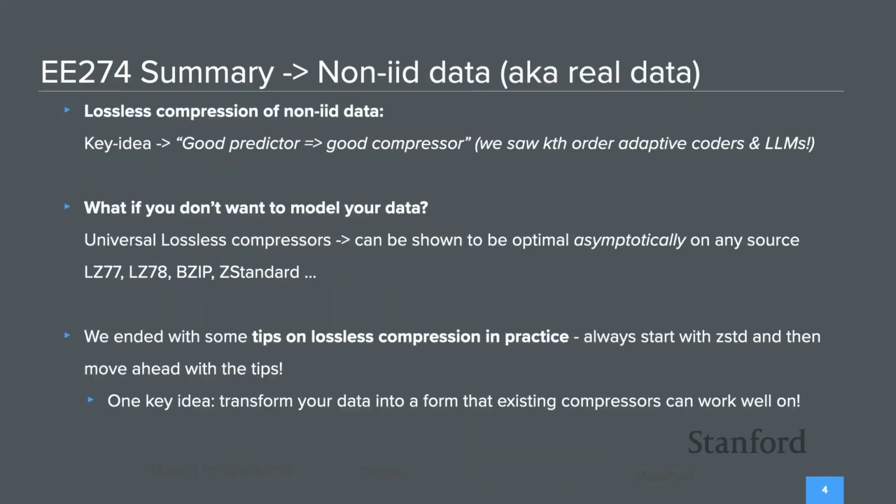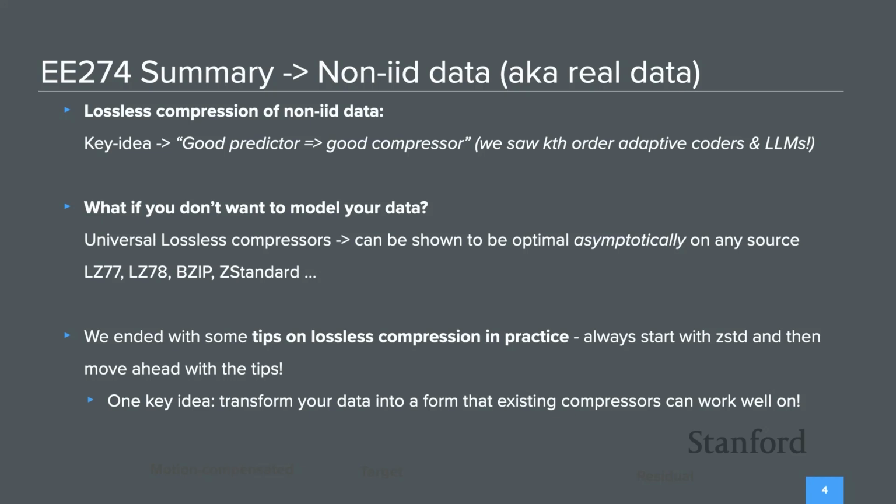and the last thing we saw in the first half, the last 3 lectures basically, was non-IID data, or what we call real data, right? One key idea we learned was, we looked at entropy rate, we looked at conditional entropy, and then we learned that a good predictor gives you a good compressor, and a good compressor gives you a good predictor, right? We saw different types of models. We saw kth order adaptive coders. For some of the projects you are doing, there are a few projects on context tree weighting and PPM, which are more advanced predictors, right? And